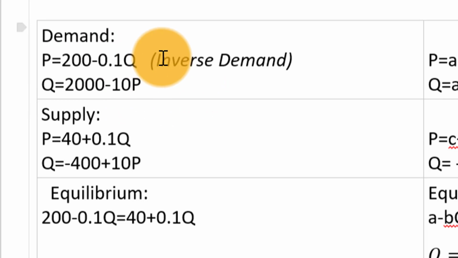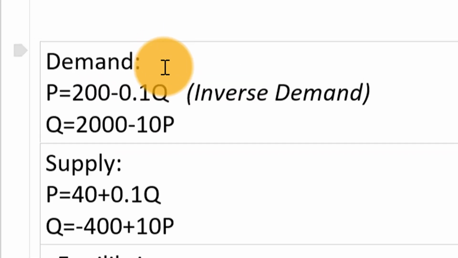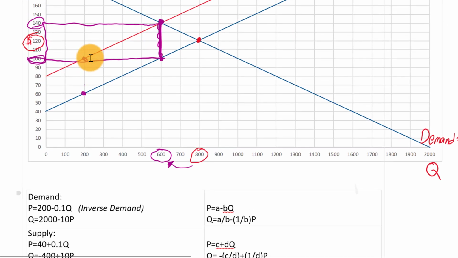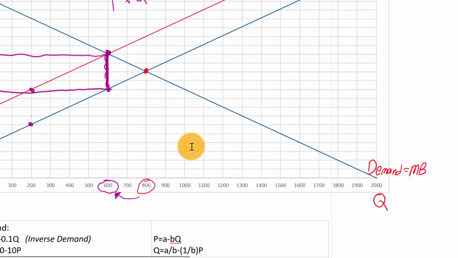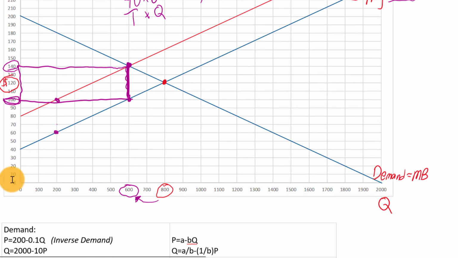And if we solve that inverse demand function for Q, then we get the demand function. Demand tells us what quantity will be demanded at each price. And we end up with 2,000 minus 10p. And we can see that equation, Q equals 2,000 minus 10p, by going back to our graph. The 2,000 is the x-intercept. If we plug in $0 for price, then we get 2,000 down here.